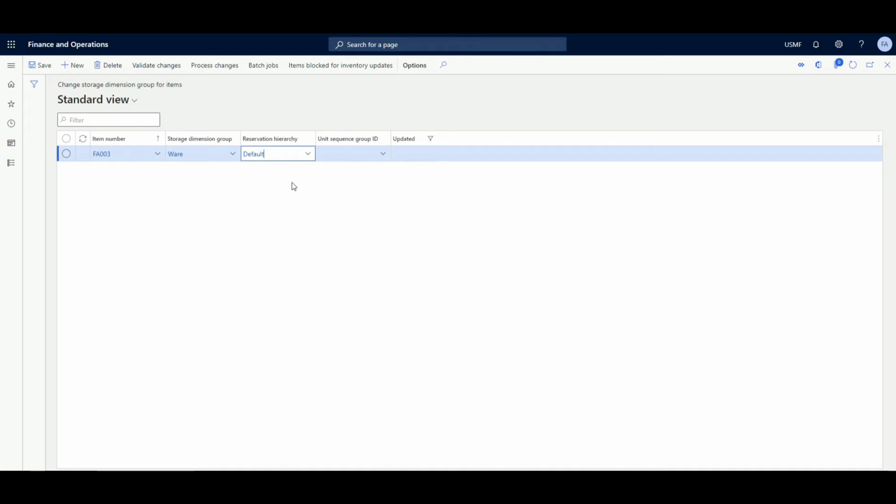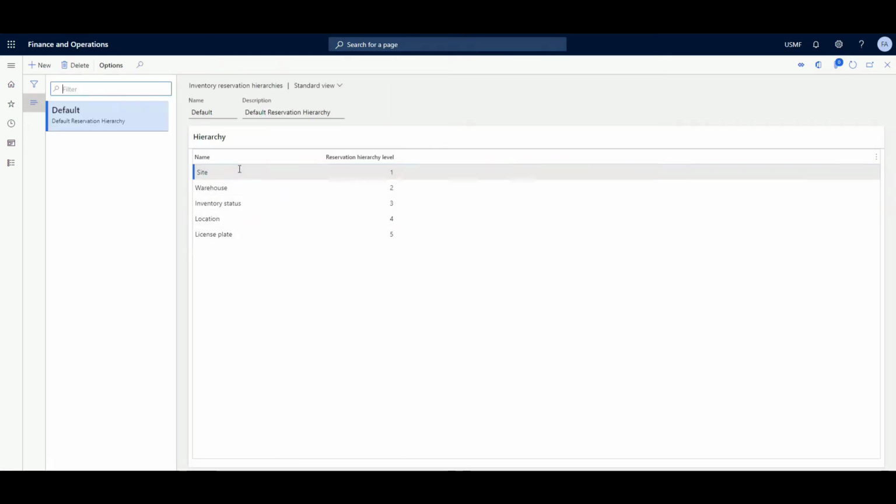Select default. So you have to create this one. Let me just go to view detail and show you. So just create this one in this way. I'm gonna have a separate video on this in detail. It doesn't affect anything, but if this is an item which does not have any tracking dimension, just follow